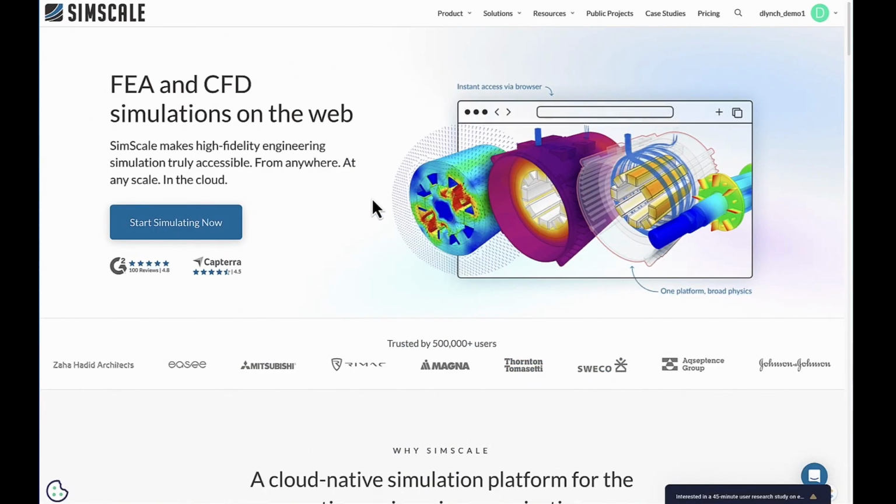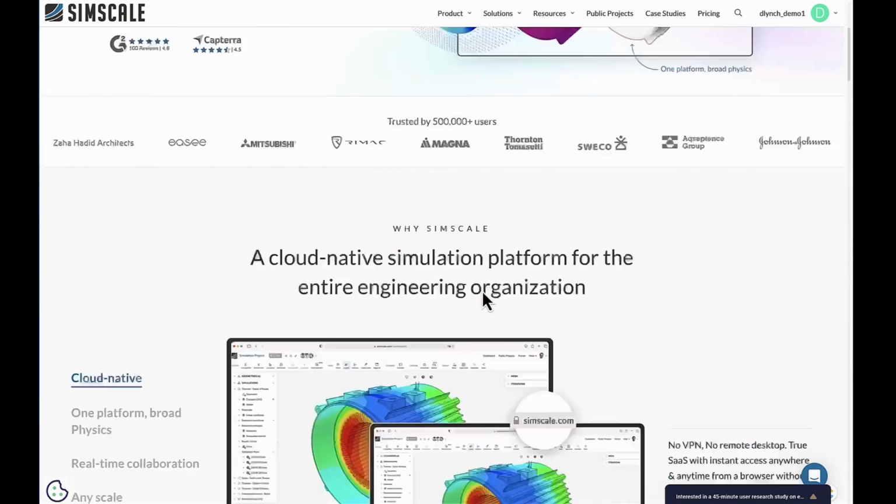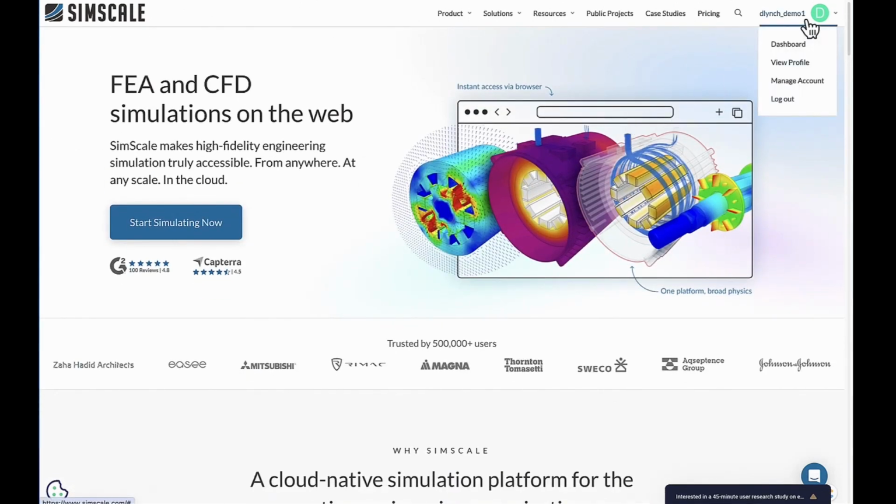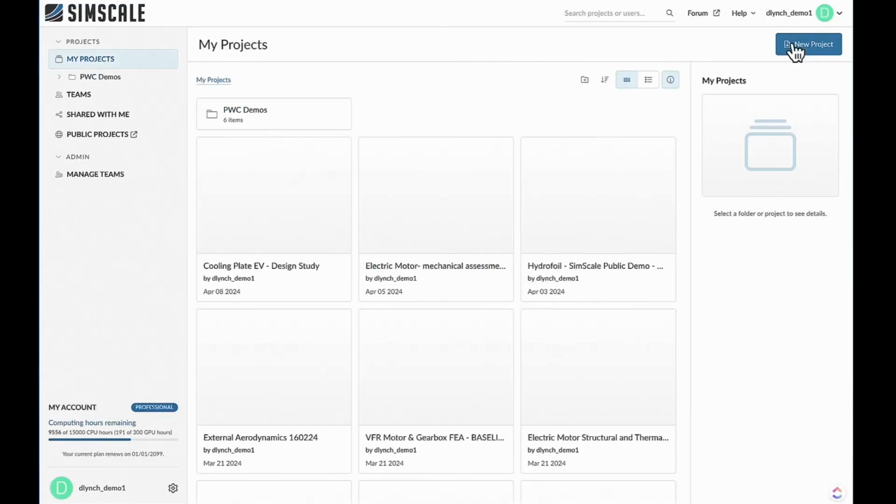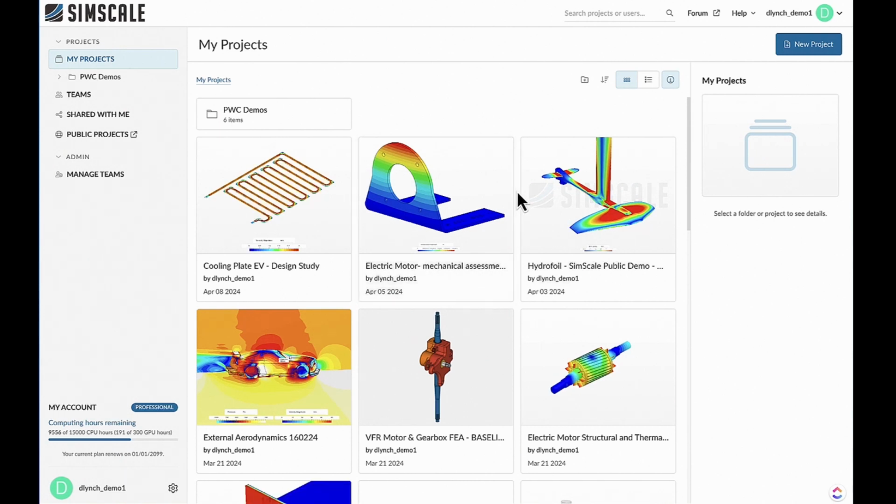You can see here our homepage. There's many useful resources here. But what we're going to do now is go to the top right-hand side and navigate to our dashboard. So the dashboard is what we call this space here. It's a collection of all of our projects. It is where we do most of our administrative activities, including adding users to companies, managing projects, putting projects into different spaces, understanding our remaining resources, alongside any of our actual account management side of things as well. So changing passwords, API keys, all those things are done here.